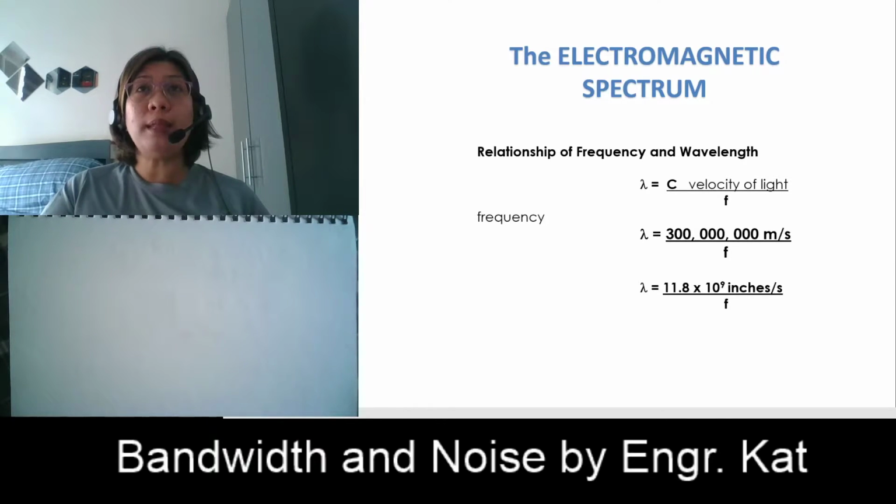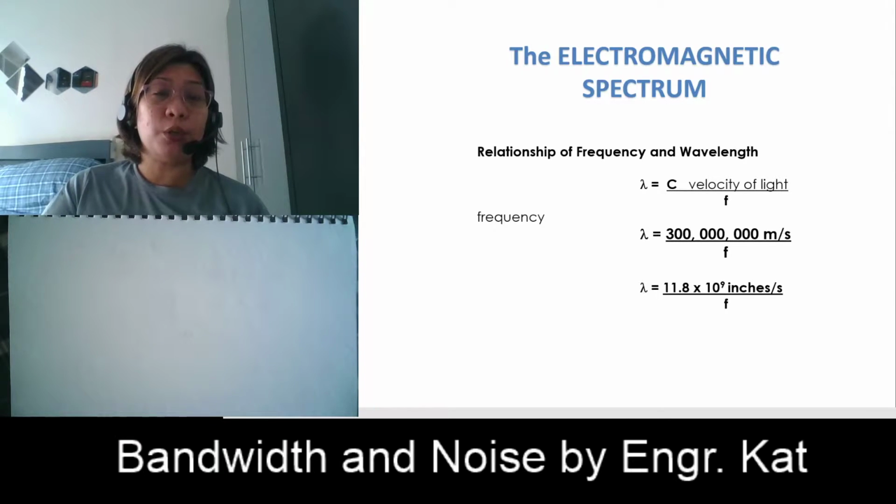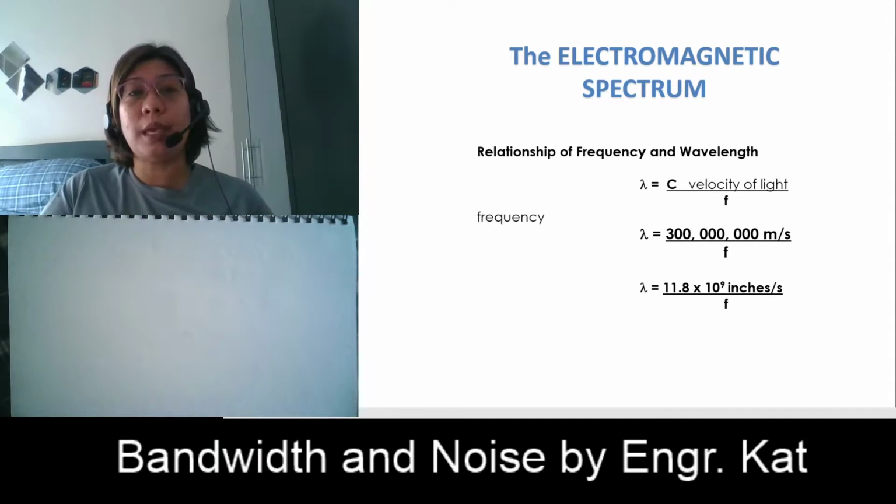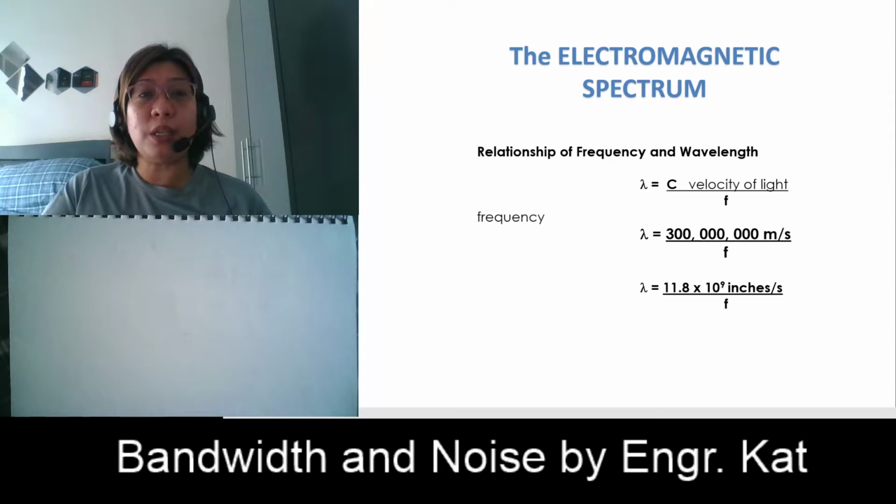One type of problem that may occur here: the formula is very simple, but you may be asked to solve for a wavelength given different units. This can be in terms of the English system or the metric system. For example, meters per second is in the metric system, and inches per second is in the English system. This is where your knowledge of conversion will come into play.